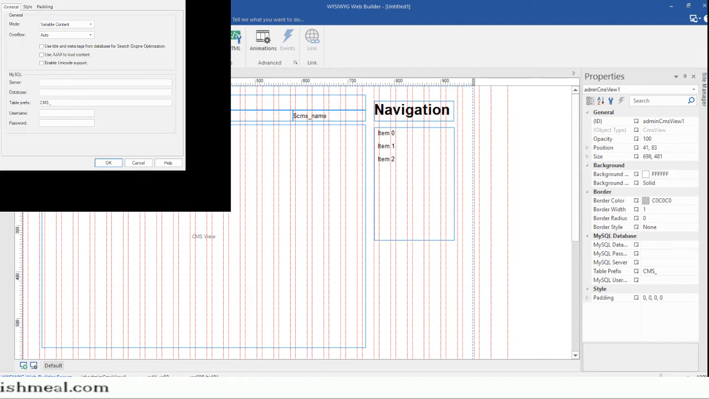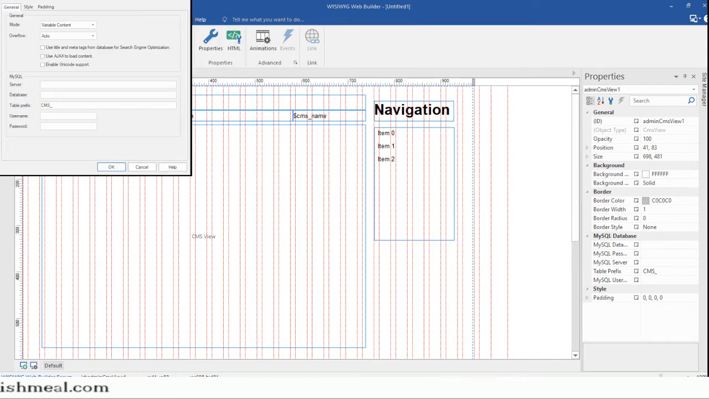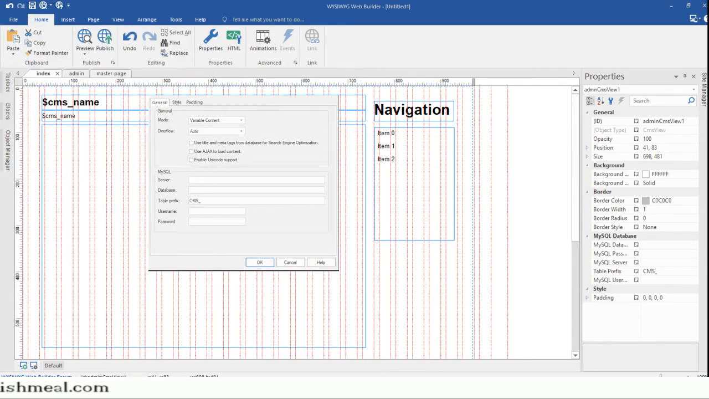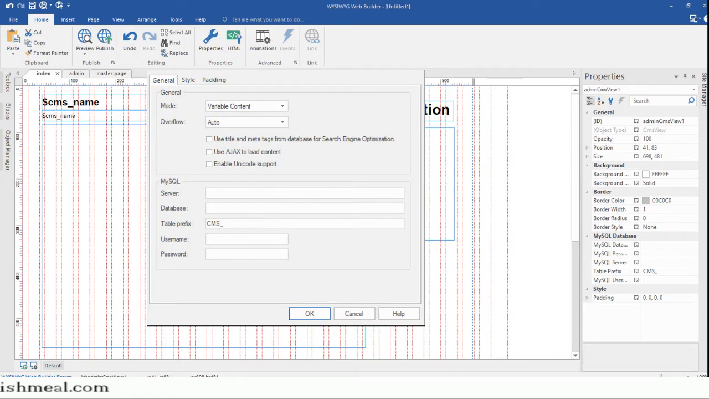Okay, so I have my CMS view here. Let me just go ahead and hit OK. Okay, see it. So this is my CMS view. I'm going to go ahead and configure it. So for the server, what I'm going to type here is localhost. Just a second as I do that. So the server is going to be localhost, and then the database. You remember we created a database, the CMS project. So I'm going to enter the CMS project here,